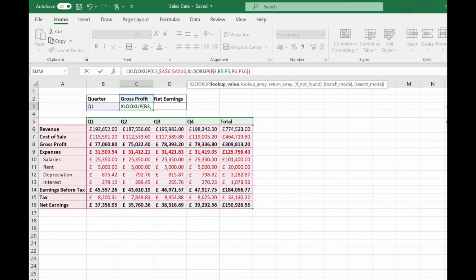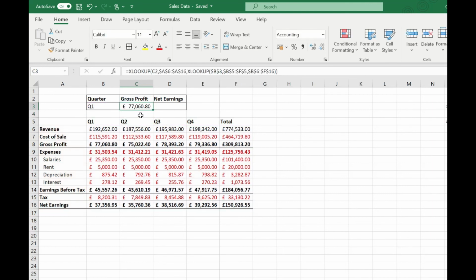In our nested lookup we then still want to look for quarter that we've specified in cell B3, so we're going to lock that, again pressing F4, and we're going to lock all the rest of the references in this lookup because we want to look at the same column headers and return the same array of data. So just run through those quickly, F4 on each of those, and press return. We haven't affected the functionality of our gross profit formula by doing that, but now when we copy it across to the right, we actually get a value based on the quarter that we've put in, and both of those will update if we change this quarter.